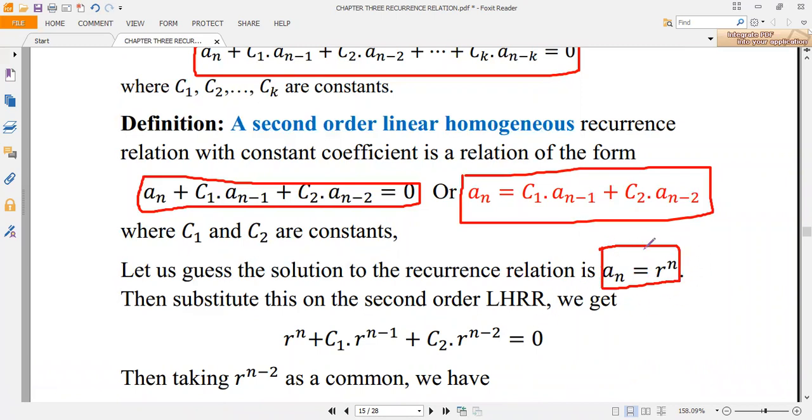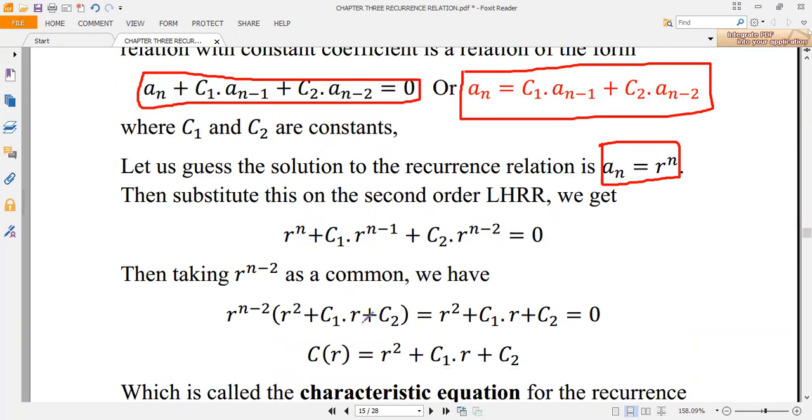then substituting this sequence into the recurrence relation, you will obtain r to the power of n when substituting for the an term, then plus c1 r to the power of n minus 1 plus c2 r to the power of n minus 2, which is equal to 0, substituting similarly for the n minus 1 and n minus 2 terms. Now taking the common term in this equation, which is r to the power of n minus 2,